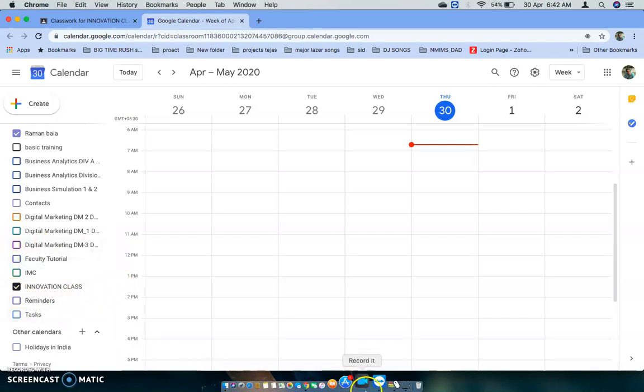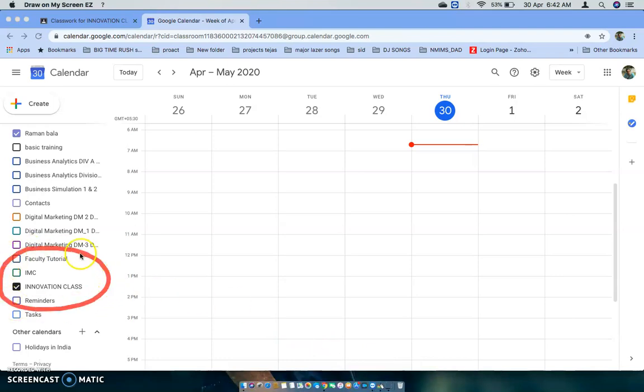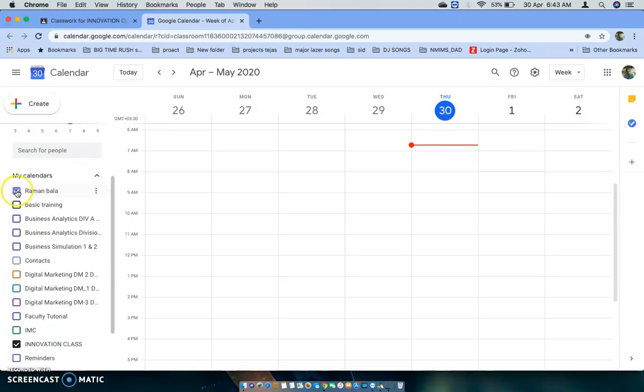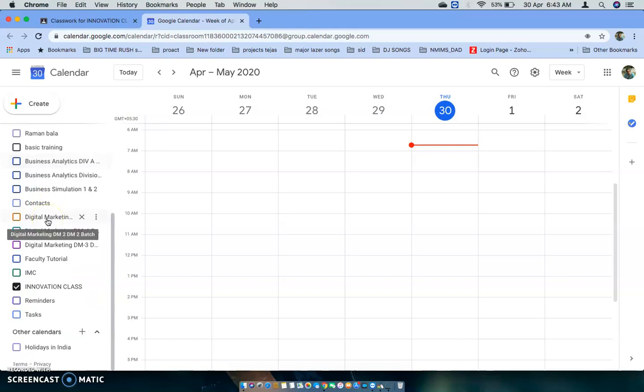So when I select my class and I say that this is the class which I'm selecting, and I'm scheduling a calendar video lecture for my students, only the students who are present in this particular class will get the calendar invite. So I have selected the innovation class, then I uncheck all my other calendars, and I create a